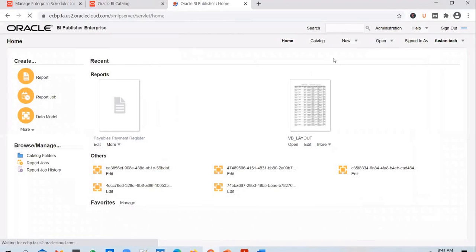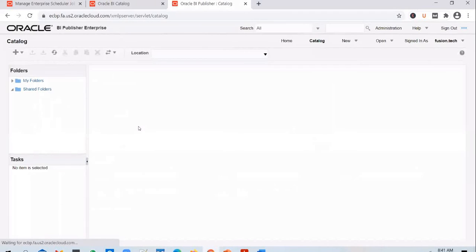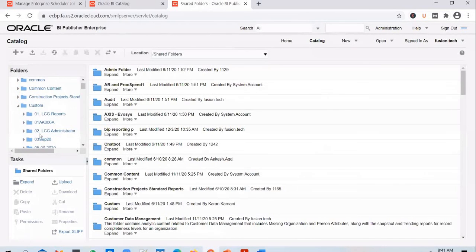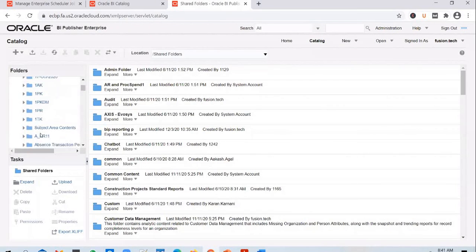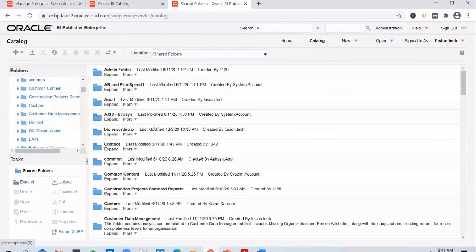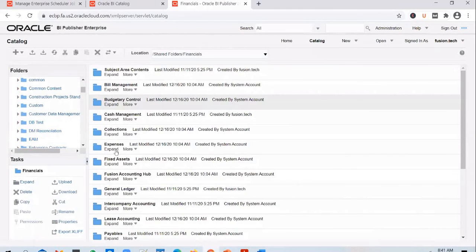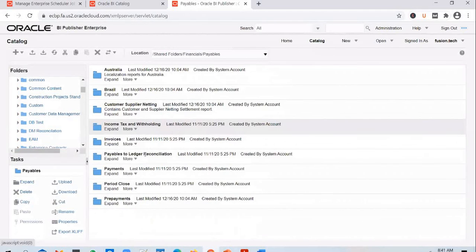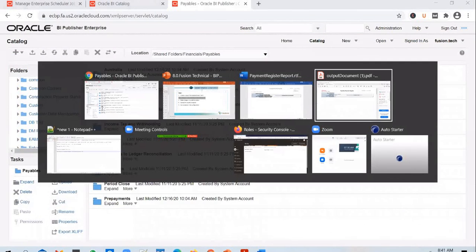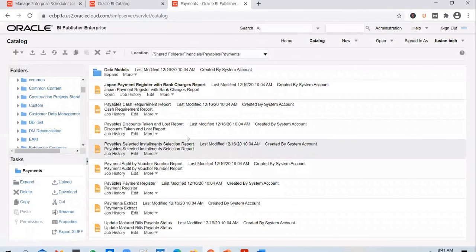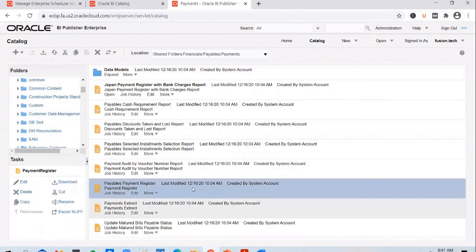Open it. And if you go to the same path that we have seen just now, go to catalog, and go to shared folders. You can go to financials, payables, payments, and then you have this payables payment register report.